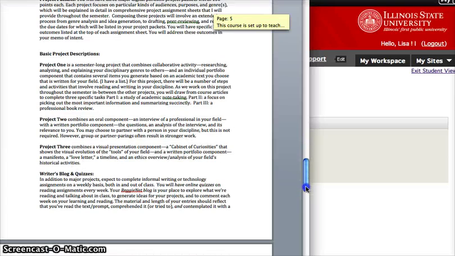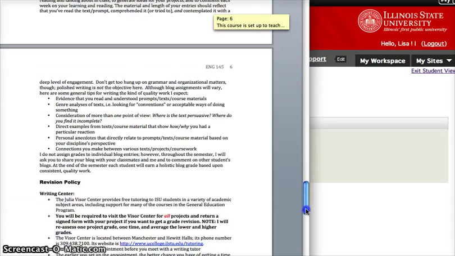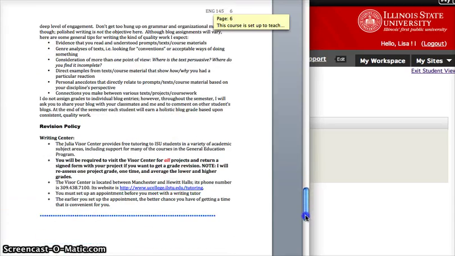Coursework specifics, these are just basic project descriptions, and you can look at all of these things on your own time. The other thing that I will ask is that everyone needs to go to the Advisor Center. Assuming that you want to have something revised, I will be happy to revise one grade on one project, one time,